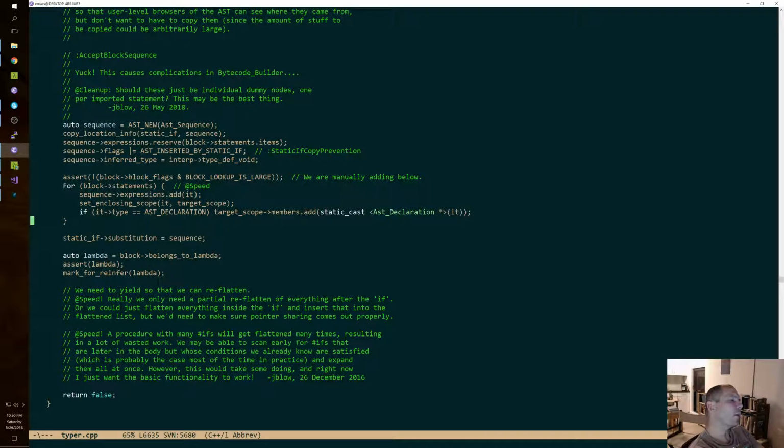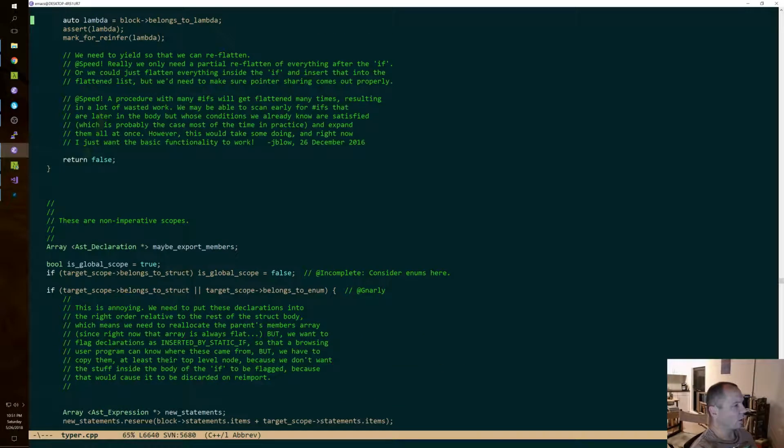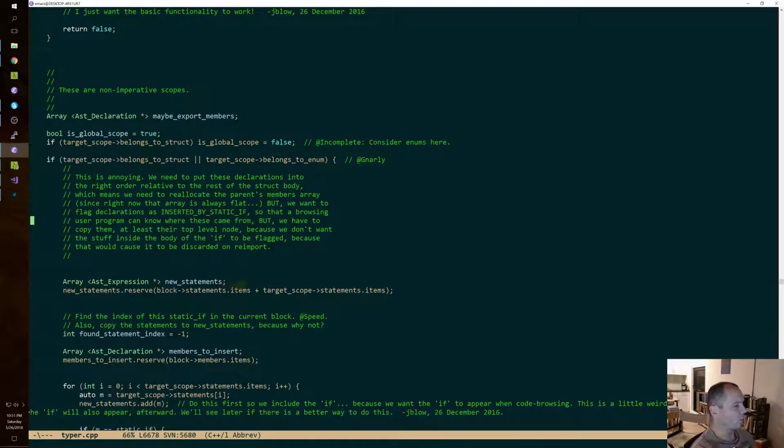Oh, we're doing that so we can put it on the substitution as well. But we're marking for reinfer, so it doesn't have to be on the substitution. Yeah, this could be different if the sequence is a problem. Okay, but that is the case for imperative scope. Okay, that's fine. We now are worried about declarative scopes.